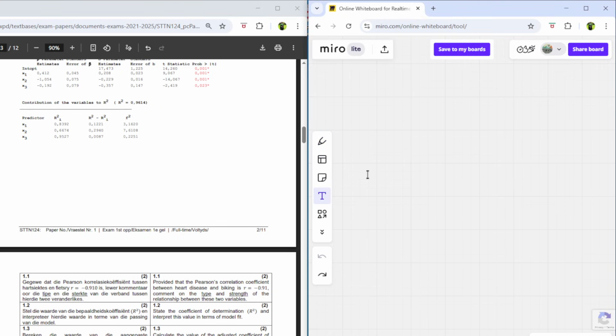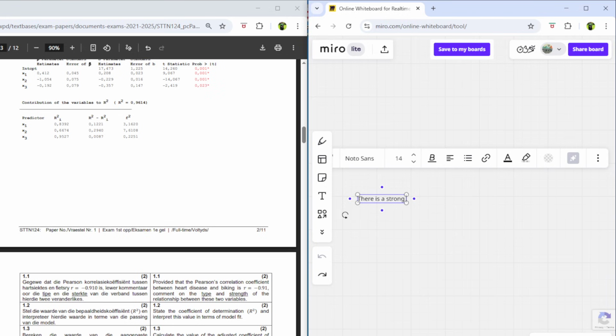Now, what we know about the Pearson's correlation coefficient is that it's always between minus 1 and positive 1. If it gets closer to minus 1, it means it is strong. And the sign tells us that it's negative. So this tells us that the strength is strong, the type is negative. So you're going to say there is